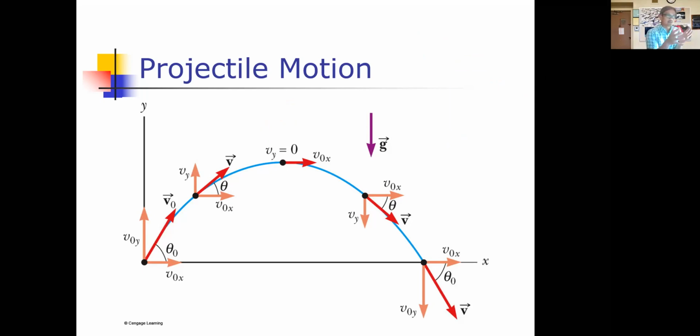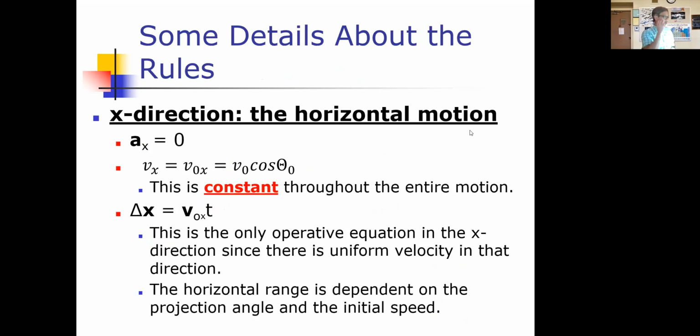So like I said, when you deal with projectile motion, when you deal with this type of motion, separate the motion into its horizontal component and its vertical component, the y component. So what I'm going to do first then is let's talk about the x direction, horizontal motion first. These are some general characteristics of the horizontal motion, some of which you already know, and I'm going to go ahead and review this with you, others which you don't. So first of all,